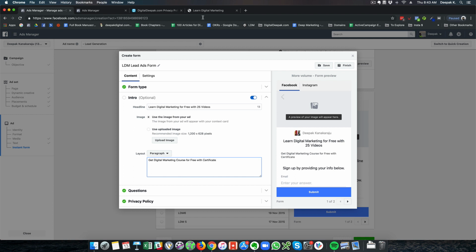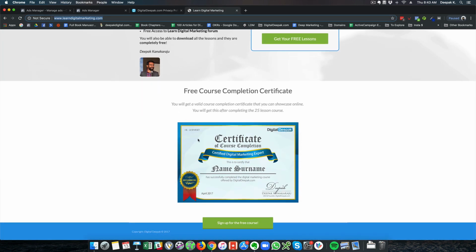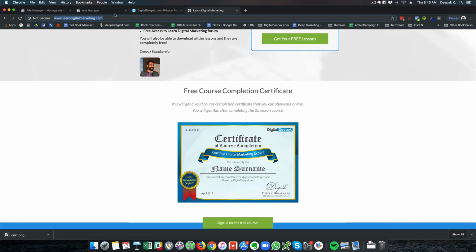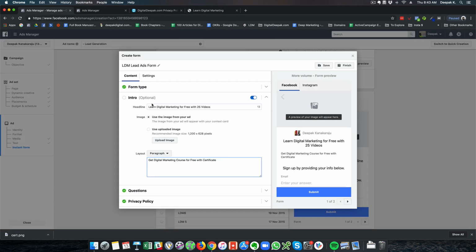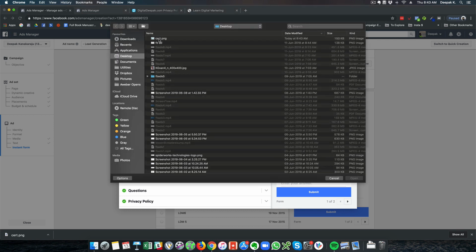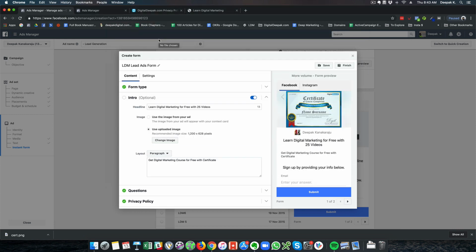So in fact I can tell people that they are going to get a certificate for free, and I will just go ahead and save this image cert.png, and maybe I can add it here in the ad, so that might increase the possibility that people would want to opt in. So let me just put certificate image here. Let's look at how it looks. So learn digital marketing with 25 free videos.